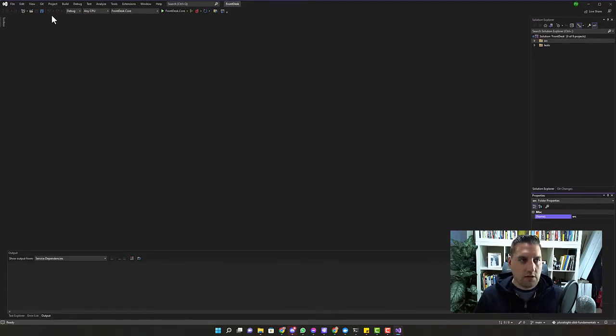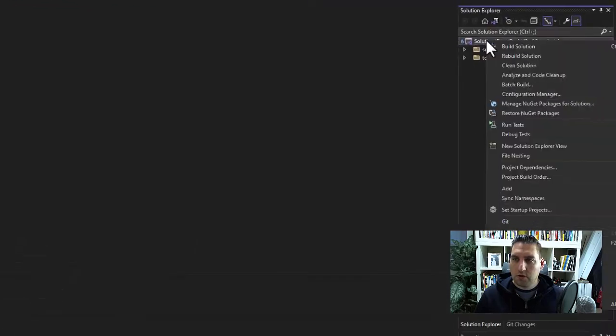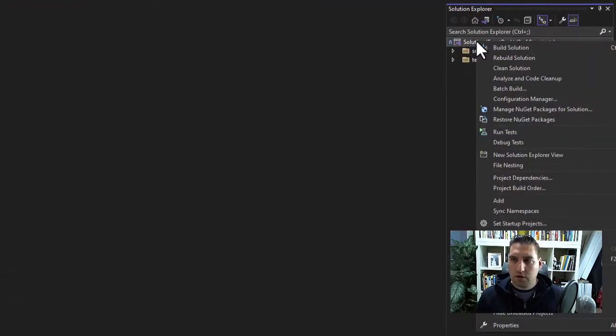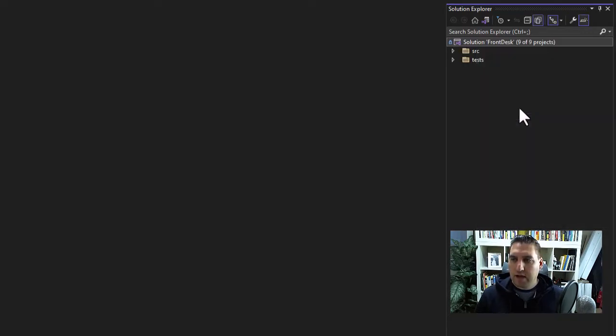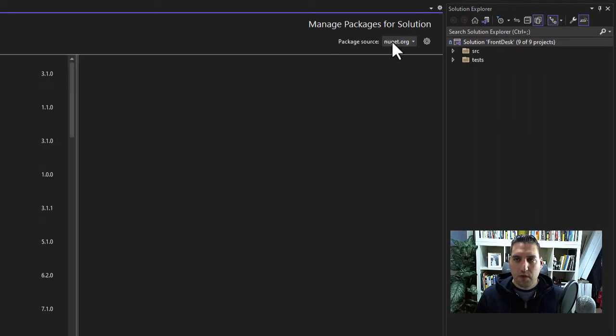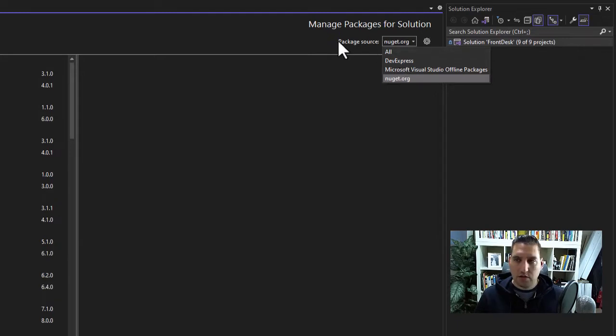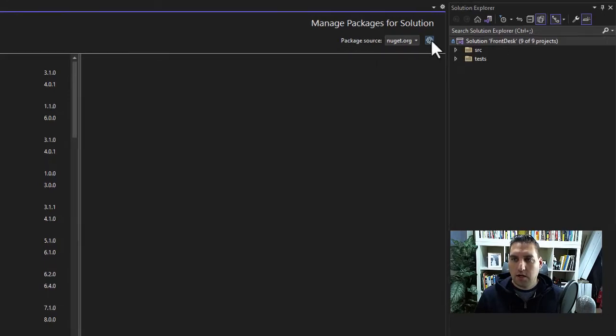So what you can do is click on your solution, and you only have to do that in one of the solutions, then it'll be fine for the rest of it. So you can go to Manage NuGet Packages for Solutions. And in this section here, you get to select where your NuGet packages are coming from. Usually that will be NuGet.org. You can add